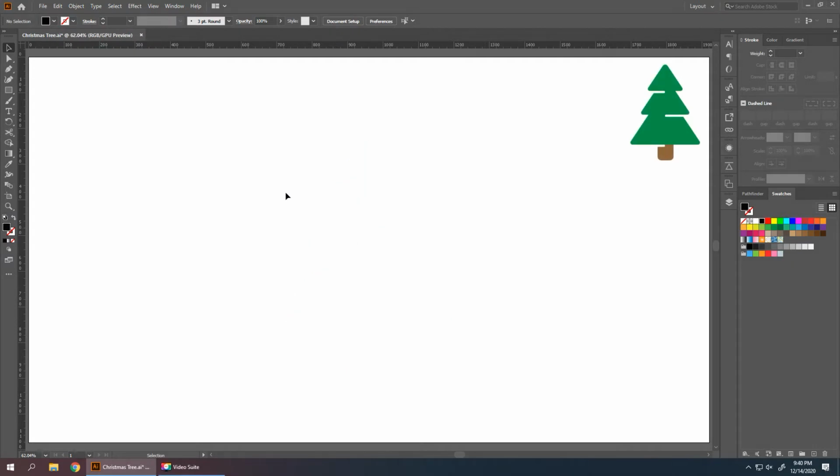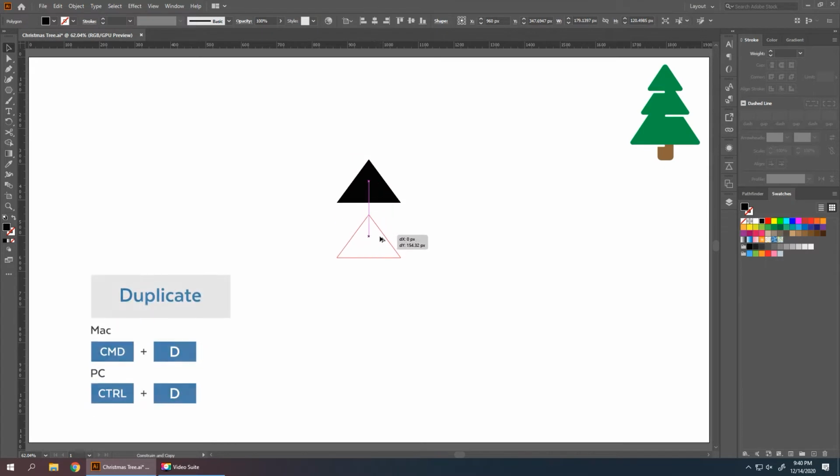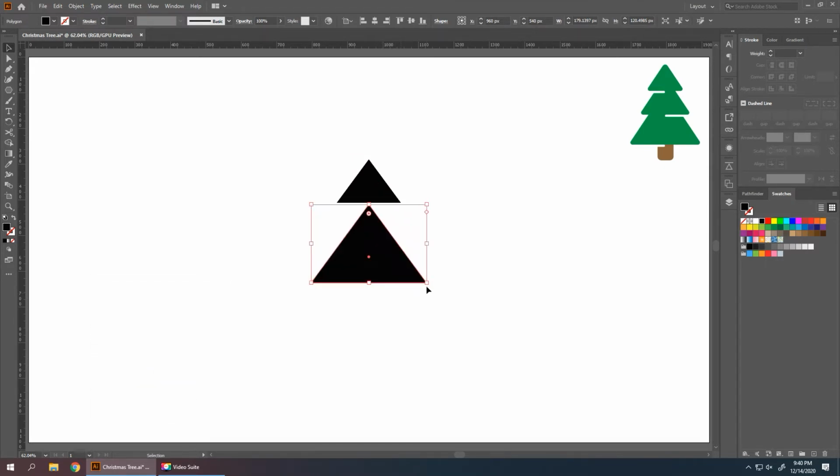Okay, I'm going to go to my toolbox, then grab the polygon tool, then draw a triangle like this, and we'll move it to the center of the document. And I'm going to grab my right anchor point, then we'll move it 20 pixels to the right, then the left one, 20 pixels to the left. Okay, then I'm gonna make a duplicate downwards, then we'll scale it up like this.